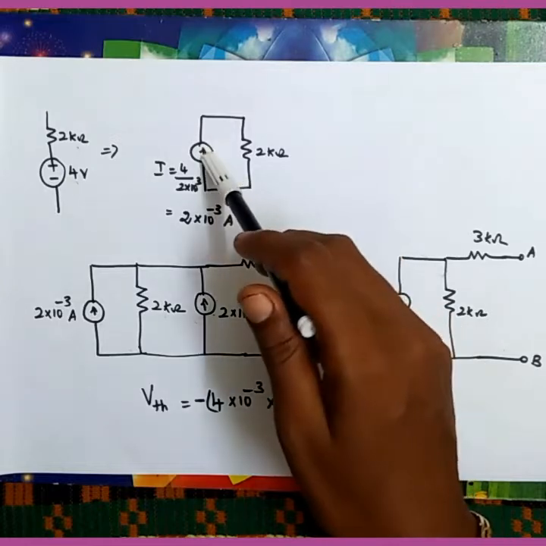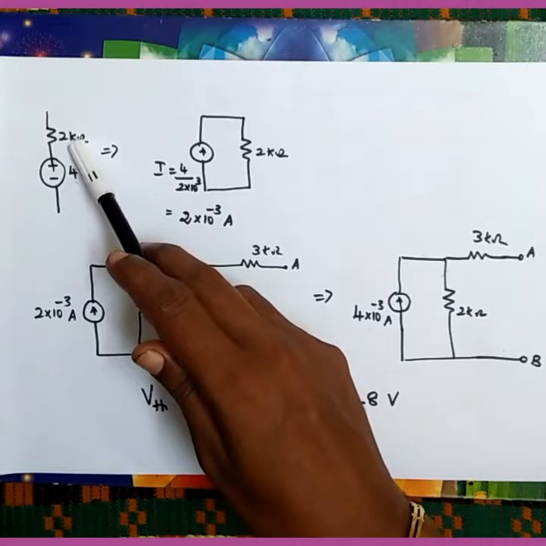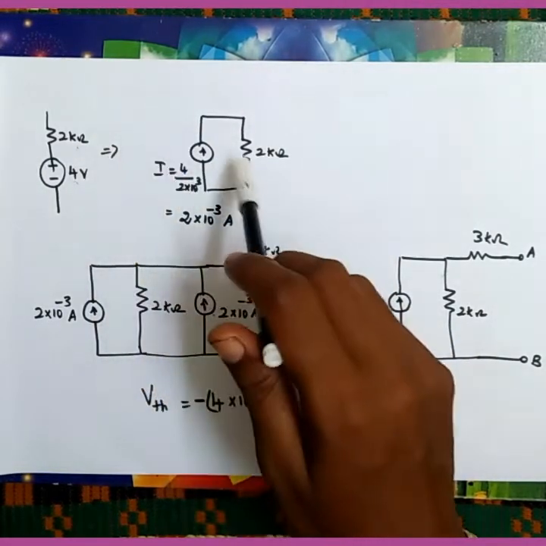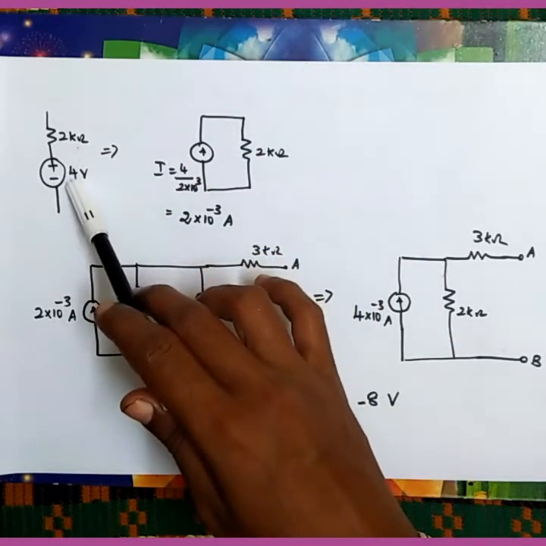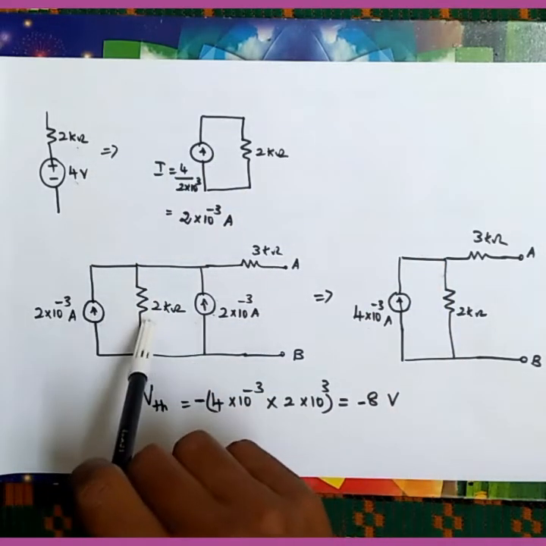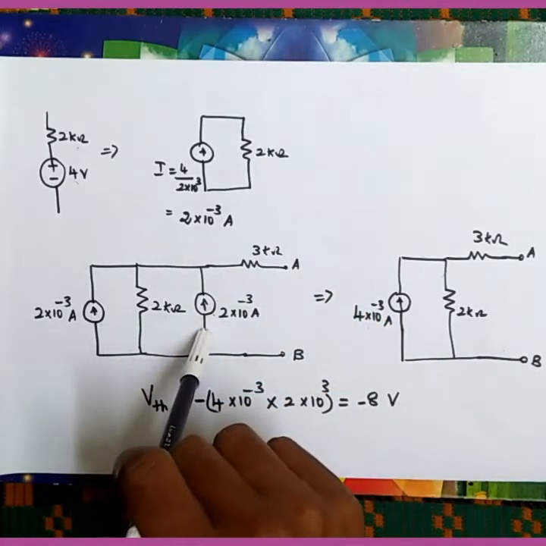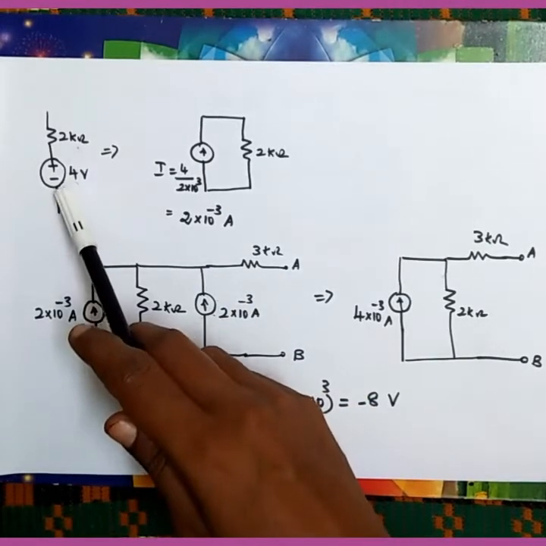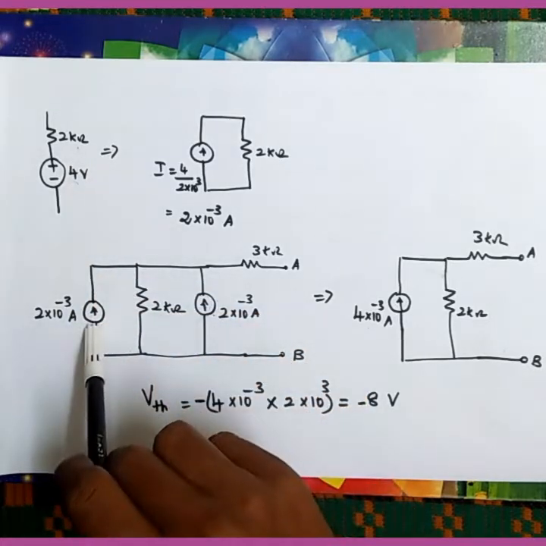Similarly, any circuit with a current source and parallel resistor, we can transform to a voltage source in series with the resistance. The resistance value will not change, but the way you connect the resistor, that we have to keep in mind. So whatever voltage was given in the circuit has been transformed to a current source along with the parallel resistance value, and in the circuit itself we have been given 2 milliamps and a 3 kilo ohm resistor. Now we always assume the current comes out from the positive plate of the battery, so the current direction is shown upwards.